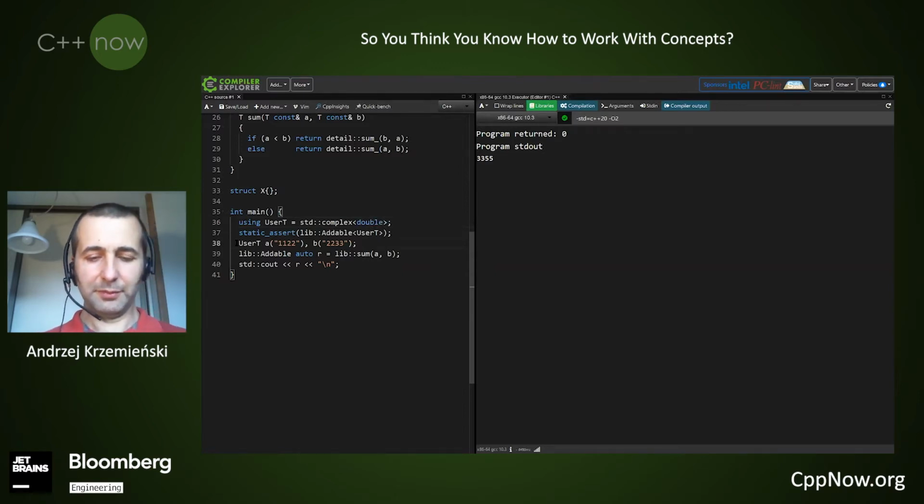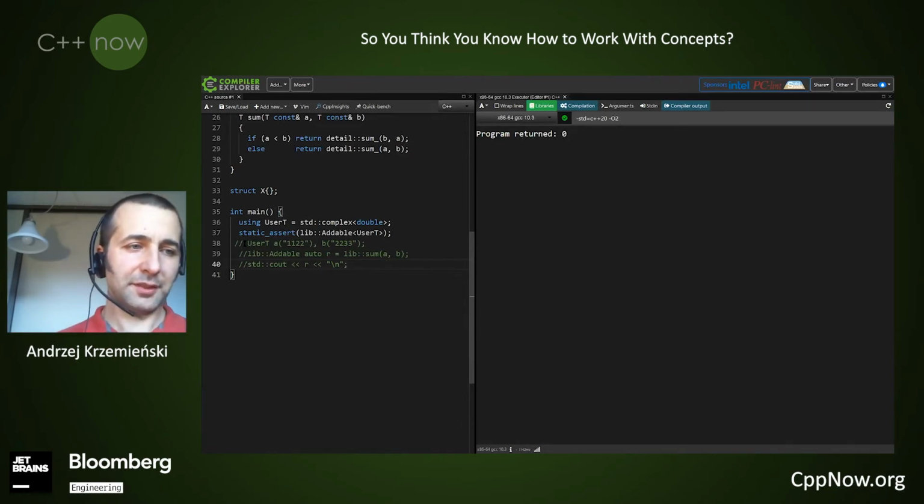Of course, this will not compile. First, the user checks if their type is even addable. It is. It compiles fine. So let's create two of those. No real part and imaginary part is 1. For the other one, the real part is 1, imaginary part is 0. We expect 1 and 1.